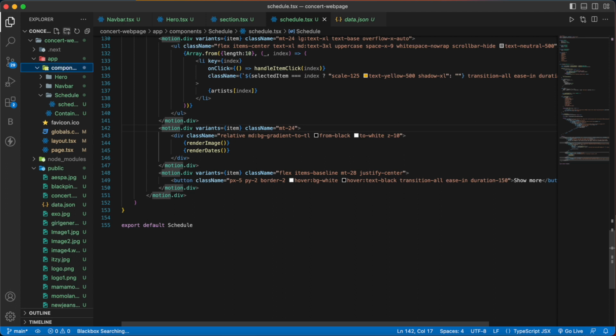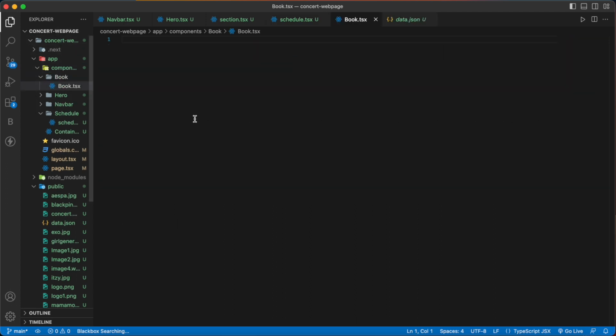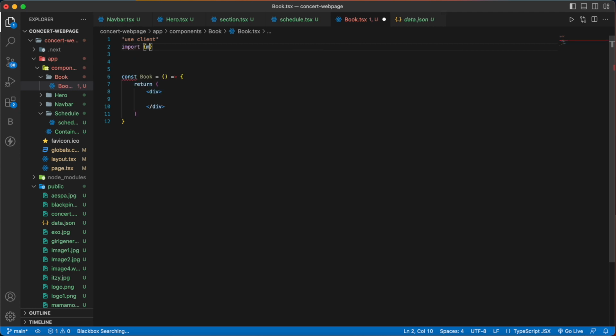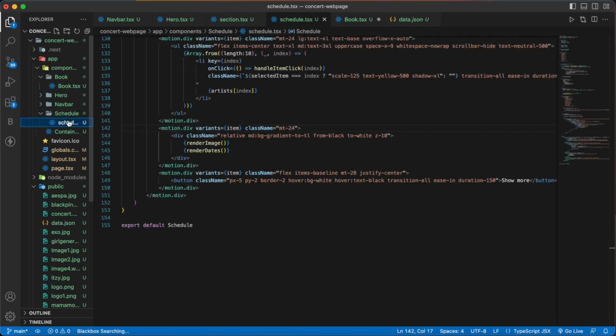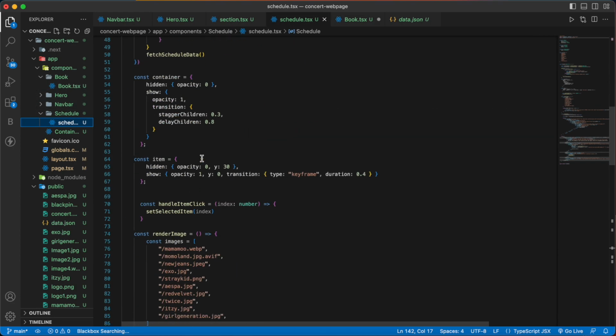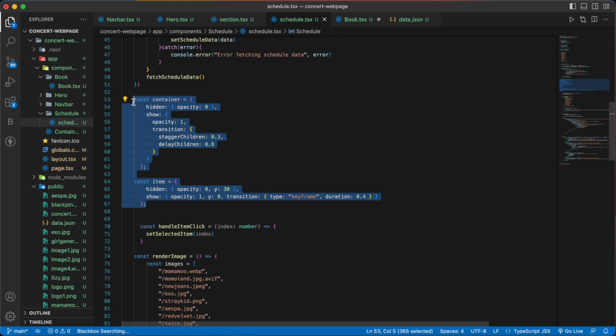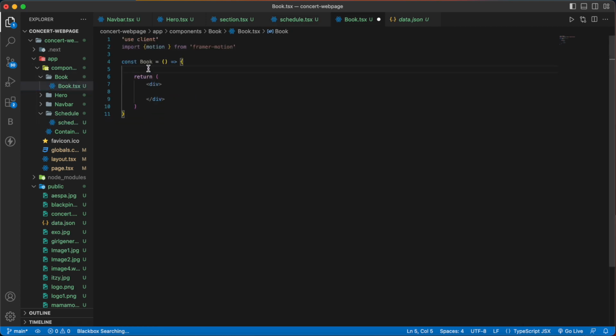So let's add a book, and inside that let's add a book.tsx, and let's define the function here. So let's make this a client component, and then we are going to import our motion from framer motion. So from framer motion define some variants. For that I'm just going to copy this from here. So let's copy this and go here and paste here,